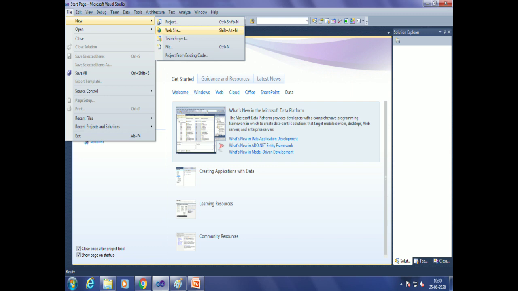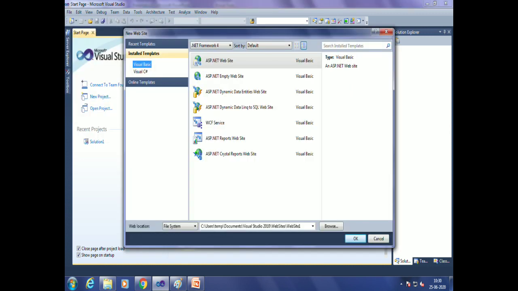I repeat, select file menu. We get one menu. From menu, we have to select new website. Okay. Now, as soon as you click on website, we have one dialog box open with us, and dialog box name is new website dialog box. Look at title bar of a dialog box. Okay, within new website dialog box, we have to perform 3 steps.